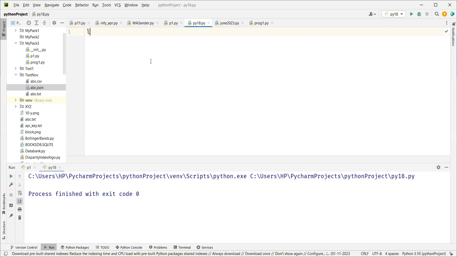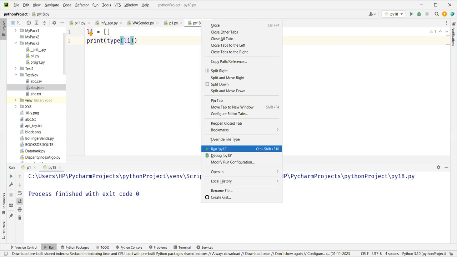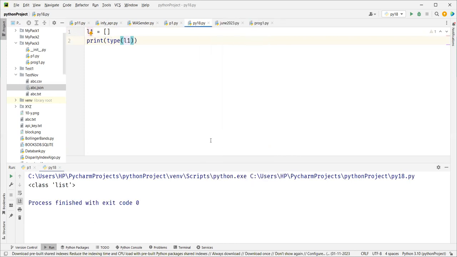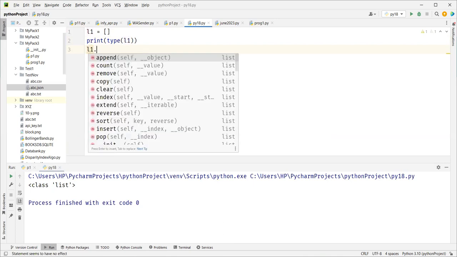So when I say L1 equal to 10, 20, or let me use blank, I'm saying L1 equal to blank. Now when I say type of L1, we have seen this before, right? It says that L1 is an object of class list. And how do you know all the functions? You simply say L1 dot, and intelligent editors like PyCharm or even Jupyter will show you